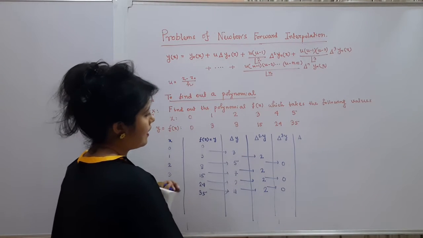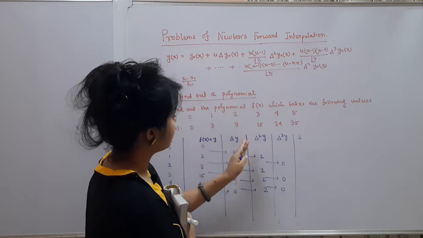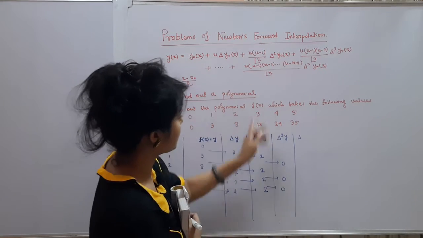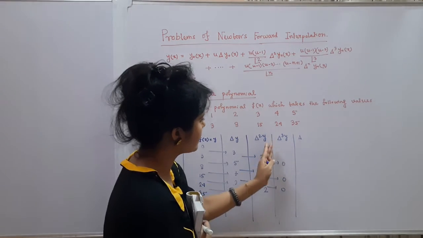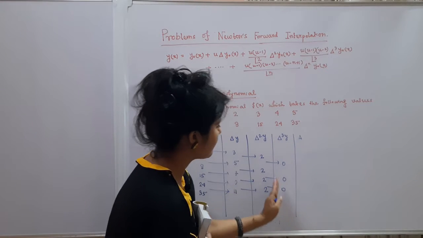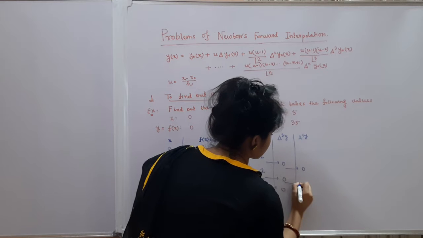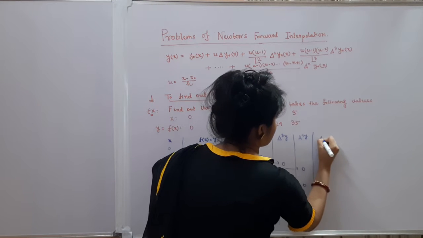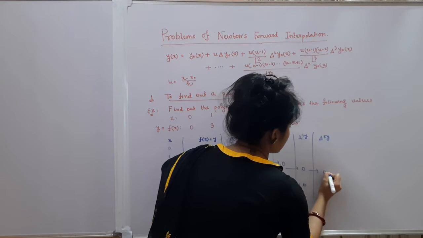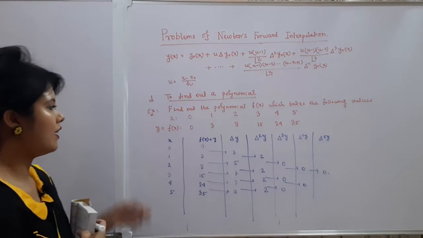So you can apply this formula up to delta square y, because from delta cube y all the values are 0. So for your understanding, I am considering the table. You don't need to move forward. Okay. Now